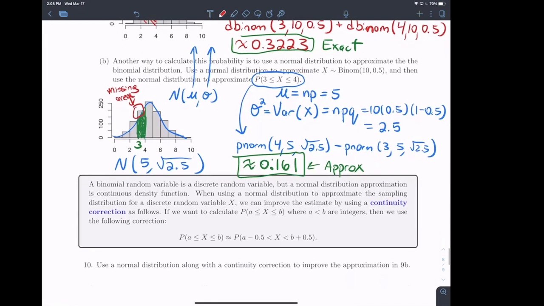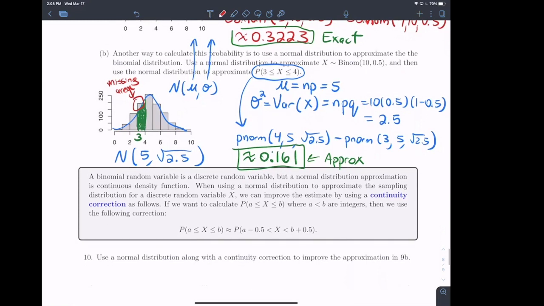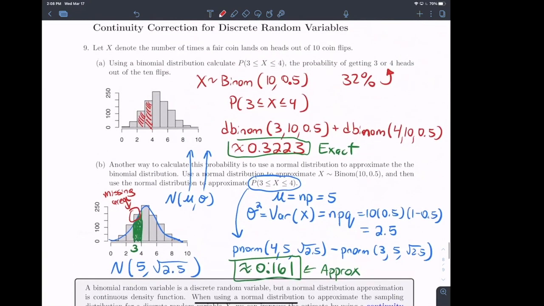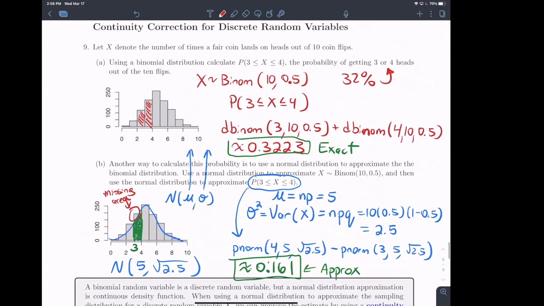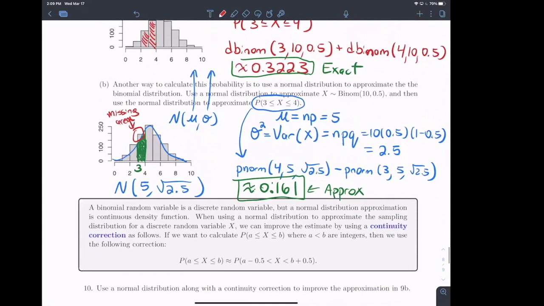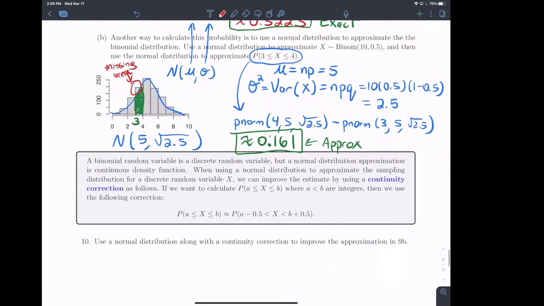So the problem here is we're trying to approximate something which is discrete, like how many heads do you get, with a distribution which is continuous. This will come up at other points in the semester: there is a way to correct for this underestimate that we're going to get when we use a normal distribution approximation. And so that's what's called the continuity